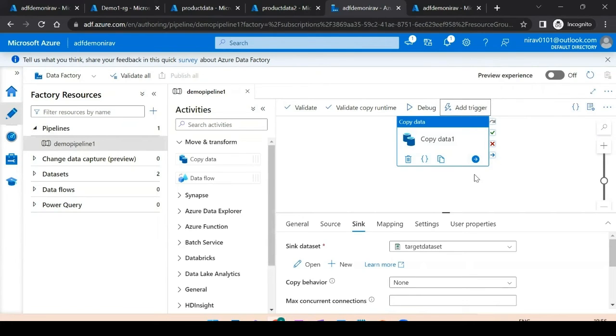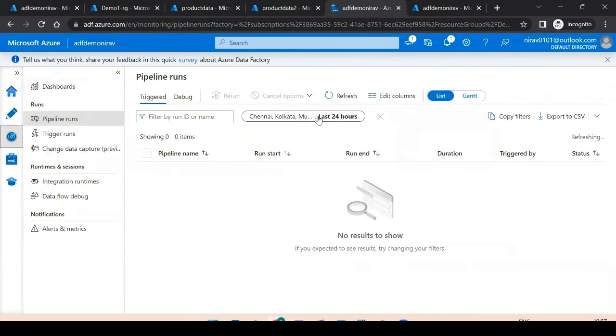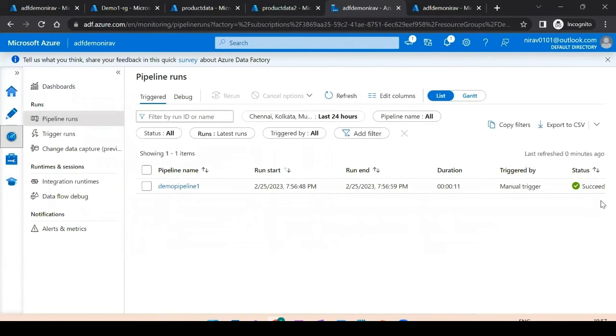How can we check whether this is running? There is one option, come to monitor. And if you see here, this pipeline has just started and run successfully, succeeded. It has run successfully. That means the new file I have added into the source storage account should be copied to the target account.